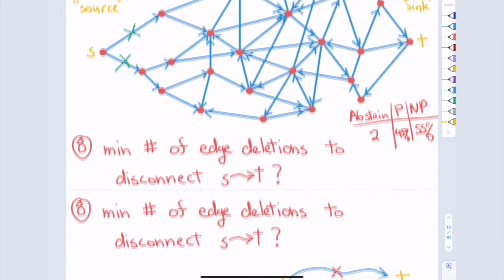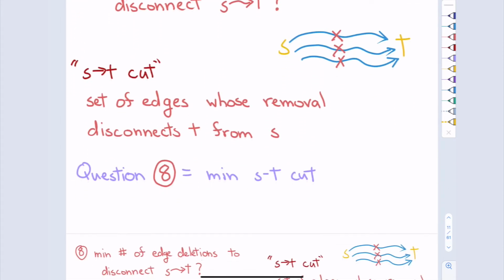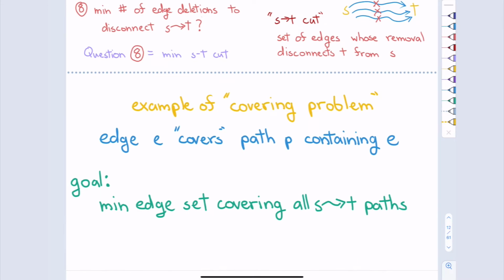So if the last problem was a packing problem, then this one can be seen as a covering problem, in the sense that I can think of an edge as covering any path that uses it. And with that vocabulary, the goal is to choose the minimum set of edges to quote-unquote cover all of the ST paths. So these problems are dual packing and covering problems to each other,